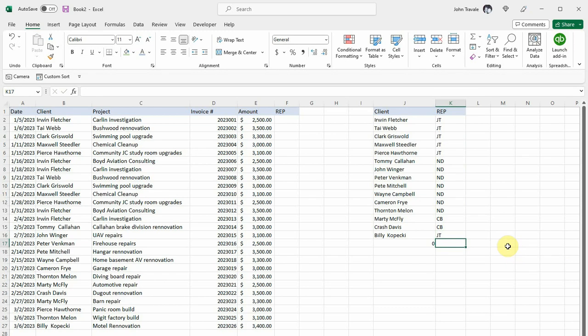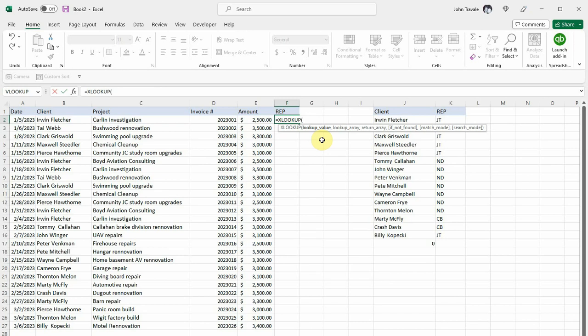Okay, so now we're going to go back here, and we're going to use the XLOOKUP function to look up who the rep is for the particular client. So equals XLOOKUP, tab. The lookup value: we want to find out who the rep is for the client. So we hit comma. The lookup array is over here, because we're going to look up the client's name in this table and then return the rep for that client. So we're going to highlight this. Now we're going to make a space. We're going to bring this down a little further to plan, if we're going to hire more reps,